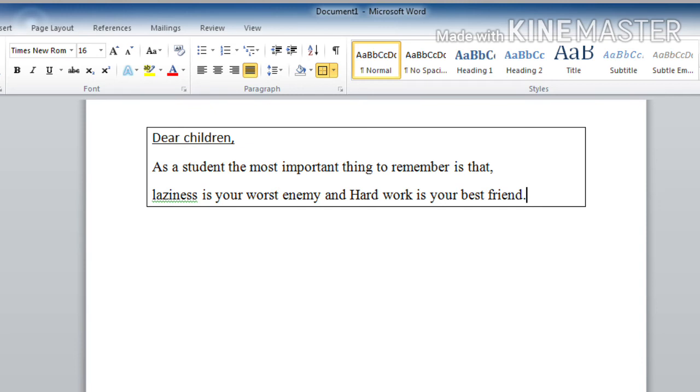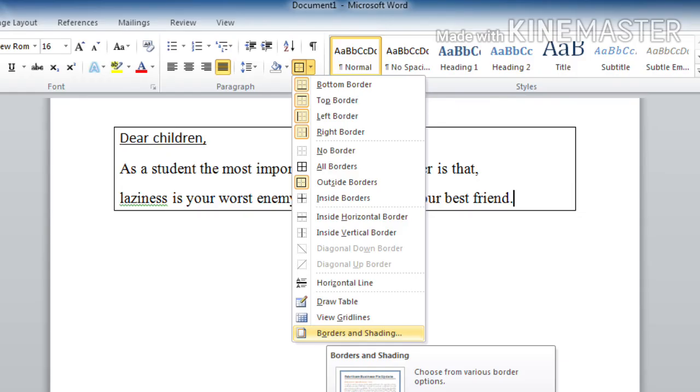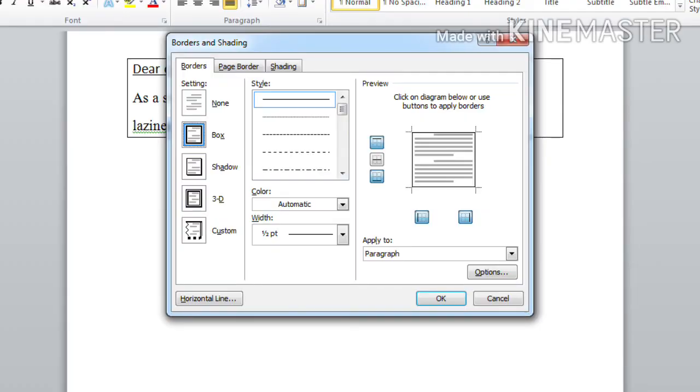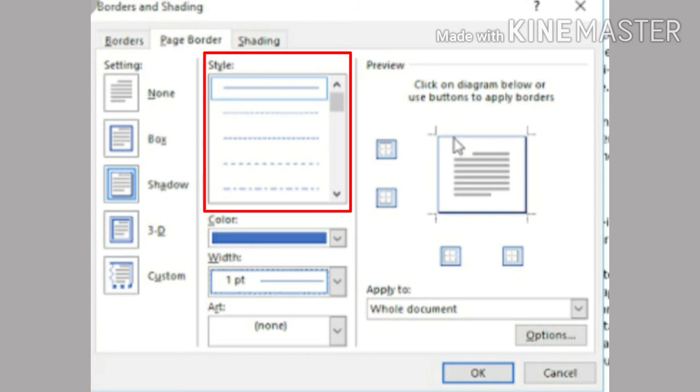So here you can see, yes, it is applied and it will look just like this. Okay children. And the next is about borders and shading. In the same list, when you click on the border button, you can see, yes, borders and shading at the bottom. Okay, so click on it. Then the border and shading box will appear. And there you can see different options like borders, page border, shading, etc. And from that you can set the design of the border from the style box.